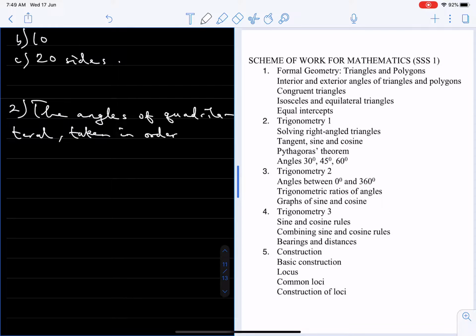Order here means in order of sizes, in ascending order, from the smallest to the biggest. Taken in order are